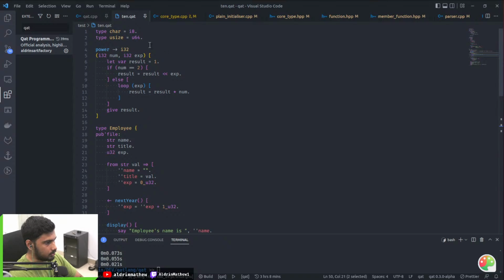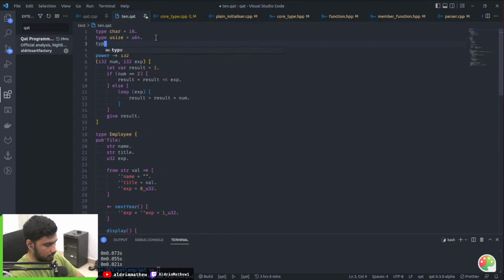So I think the last time you saw Cat's source code, there have been major changes. I added support for type definitions. So now you can define custom types. For example, I can say type int equals i64 if I want the consumers of this particular file to be able to use that type, and I can change this to int, or maybe make it i32.